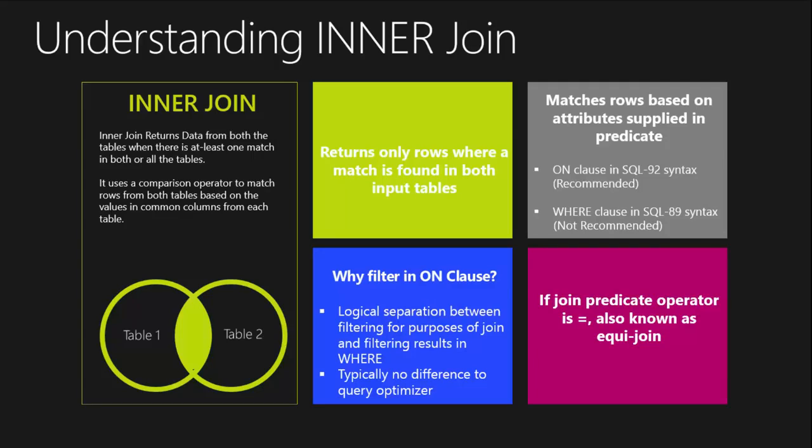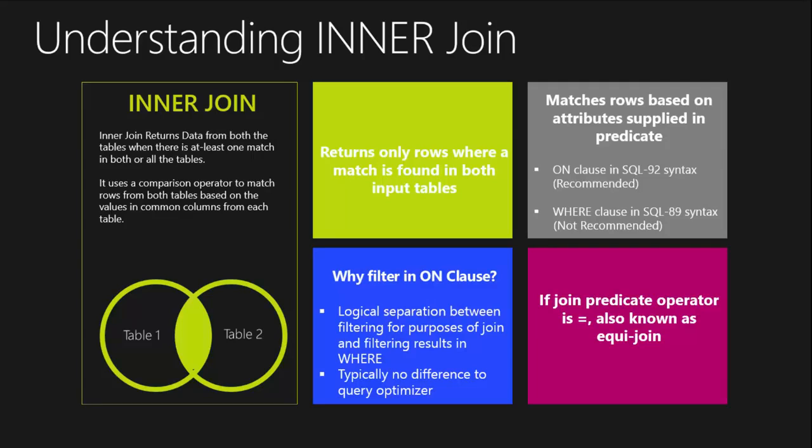In the previous lesson, we've learned that an inner join begins as a Cartesian product and then filters the results to remove any rows that don't match the predicate in the on clause in the SQL 92 syntax or the where clause in the SQL 82 syntax. You can use either syntax and SQL has similar performance results, but when you're using other types of joins, you will see that using the on clause gives us the logical separation between joining the tables and filtering the results